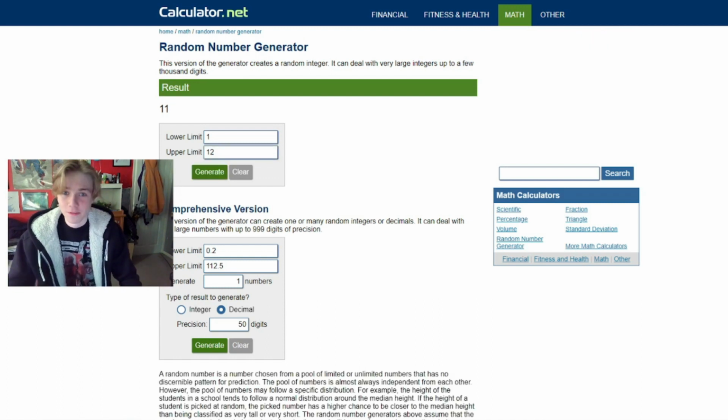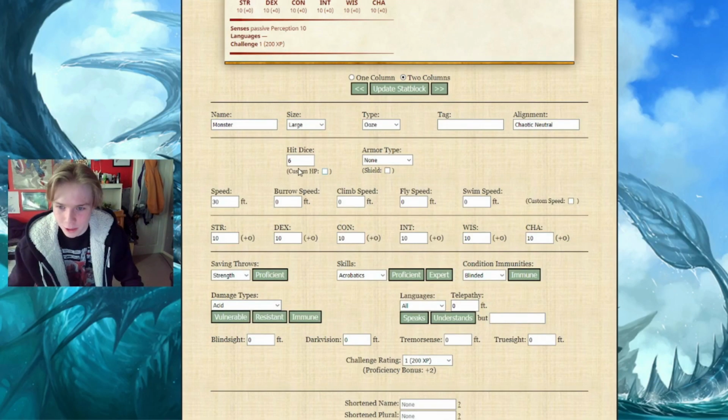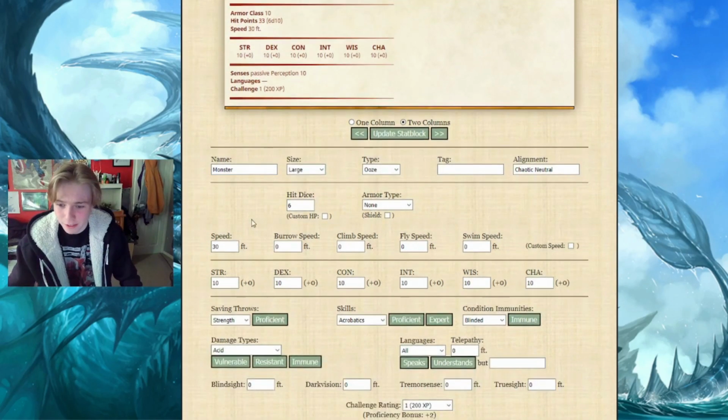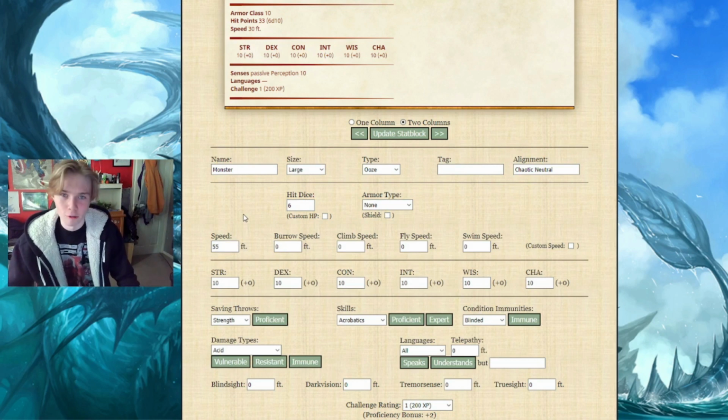This is a quick ooze. Okay, I like where this is going, honestly, because it's not got a lot of health for its size, but it's very fast. So 11 times 5, this thing can go at 55 feet per round. I think, let's just do,